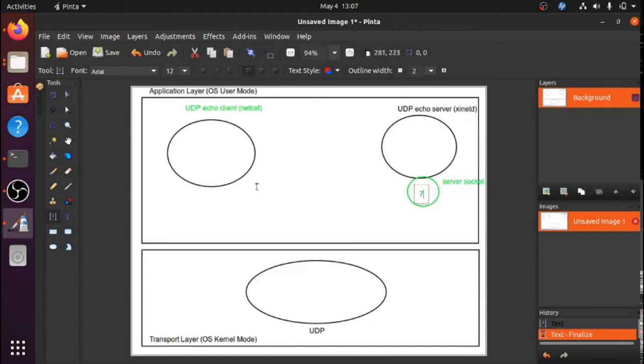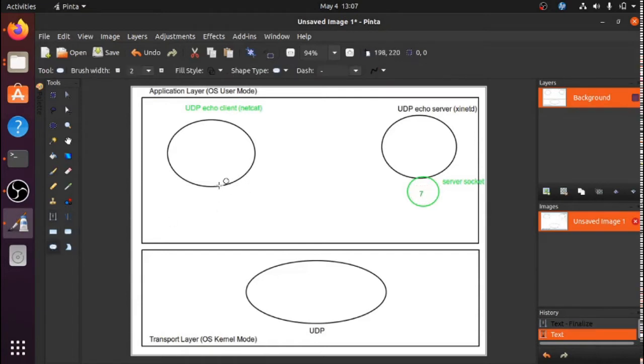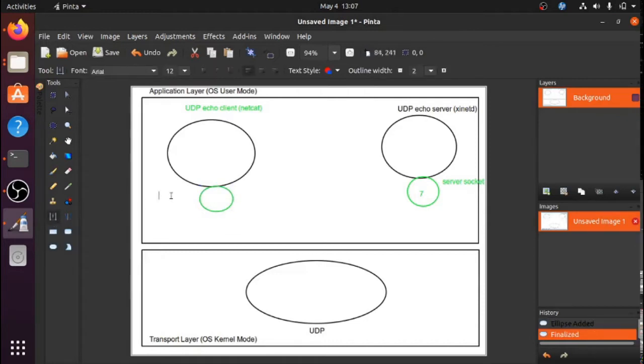Now, in order to access this Echo service, the Echo client should also have a socket. This is the client socket, and it will have some large port number. It really doesn't matter. But for the Echo server, remember, this is a well-known port. Port number 7 is reserved for Echo services.